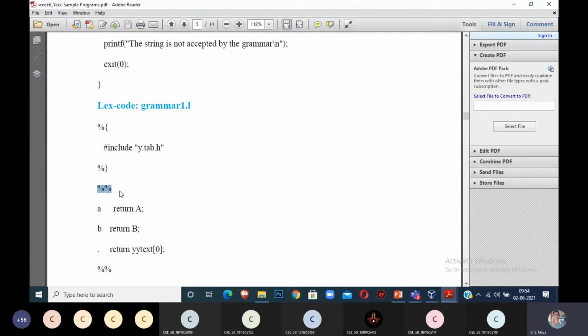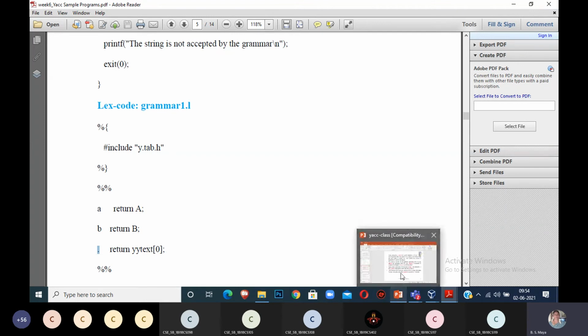See, you can start with the rule section. If you have a, return A. This capital A is what I'm making as a token name. If you want to accept capital A also, use square brackets. Write capital A and small a in square brackets. In the input, it can be capital or small. If you give either letter, it will be accepted as normal input. You can give capital B or small b in the character class. Either one, it will take and return B as your token. That is for your tokens. Other than this, don't return anything to your YACC parser, that is 0. So, how to write the grammar for this? a^n b.